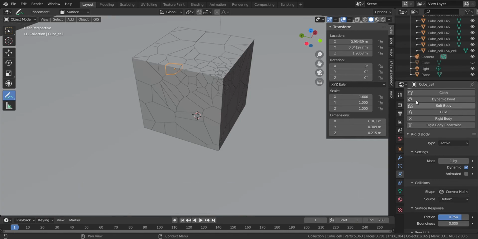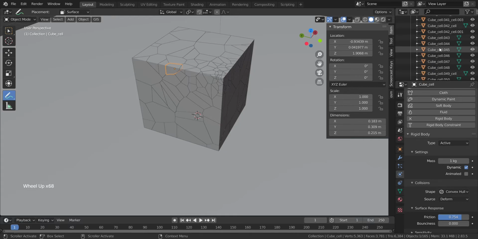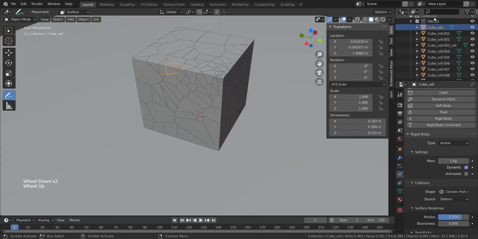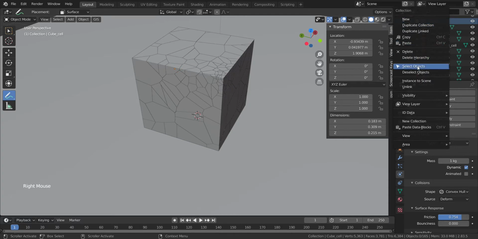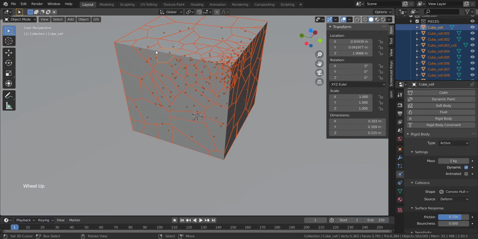As we already know, all these cubes are under one section, that is our PCs section. So we will select the PCs out here, right click over it, and then select objects. Now all the PCs have been selected, and the piece on which we have applied our physics has a orange outline. The rest are in dark orange, or you can say red color.